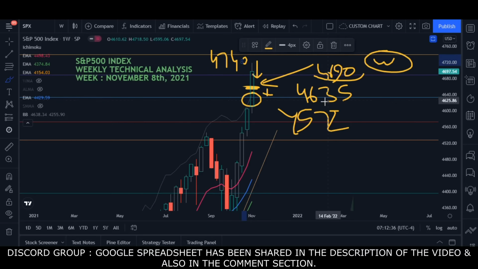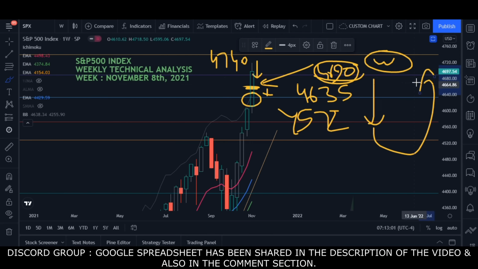The market is expected to move between the supports and resistances, but I'm expecting it to remain below 4690 next week, because it has already disrespected a lot of technical indicators, so it will cool down. Initially, on Monday and Tuesday, it may come down, and because there is already a bull trend, it may then retrace to stay in the bull trend, or it may remain in this consolidation zone for the next week. That will be more clear on the daily chart.